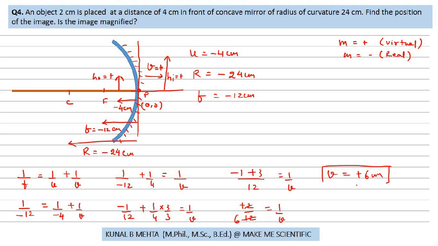Here the image distance is positive, which means that the image is formed on the right hand side of the